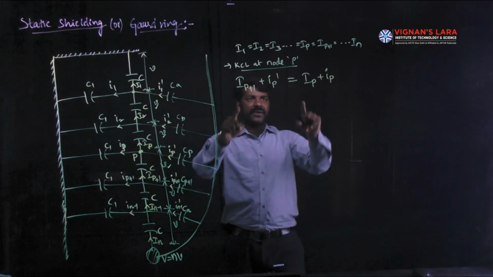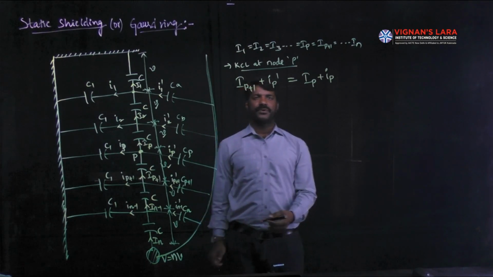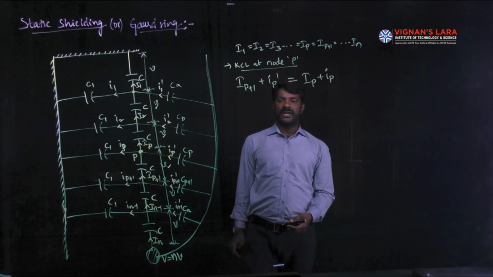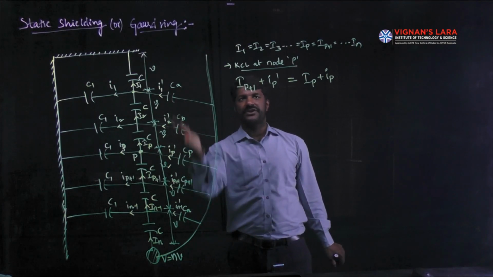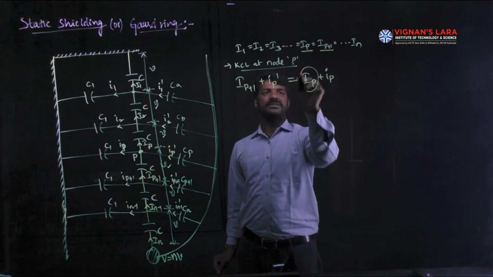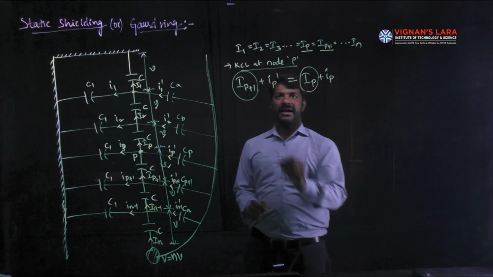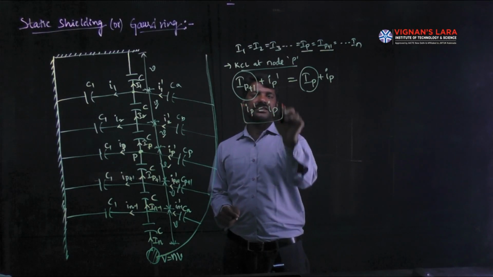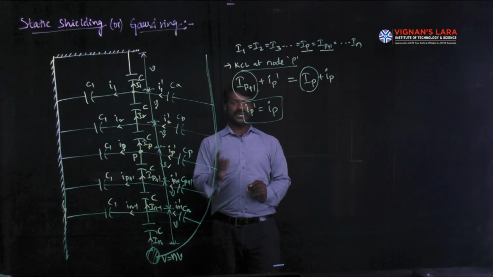If you can identify the magnitudes of these currents, then the simplification part is completed, which improves the string efficiency. Also, we will get the formulas for how to maintain the shield capacitances to improve the string efficiency. As I told you, IP plus 1 is equal to IP, meaning these magnitudes of currents are the same, so that they get cancelled out. And finally, IP dash is equal to small ip. This is the condition to be maintained, or fulfilled, in order to improve the string efficiency.